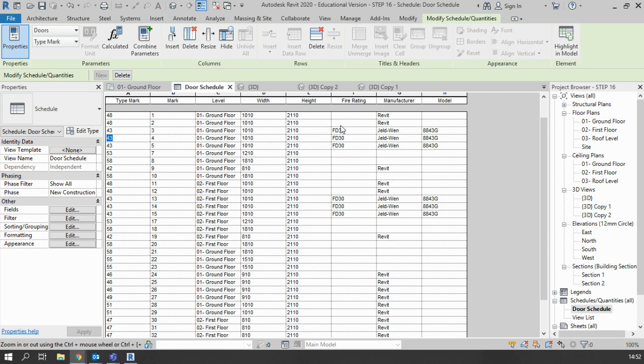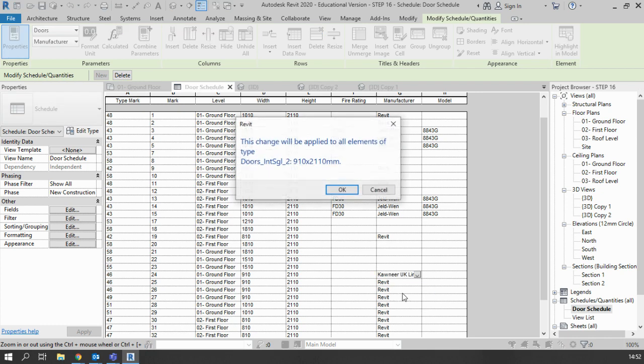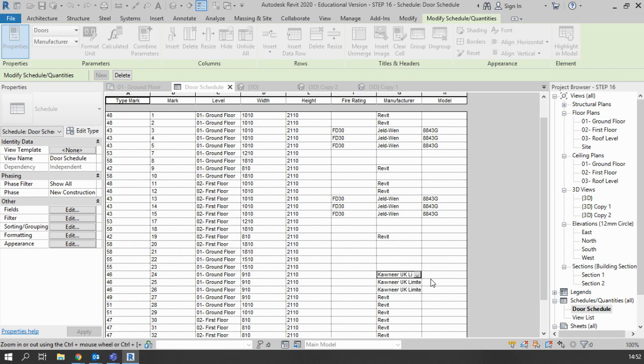So instead of having to go to the model itself, you can actually adjust things here. So if I say, for example, this door here, if I go down to here and this type of door, I'll pick another door which is different. 910 doors, so I'll click on this one. If I say that's the same manufacturer, or I'll pick another one, so that's another type of manufacturer. Okay, and then if I give that another code,